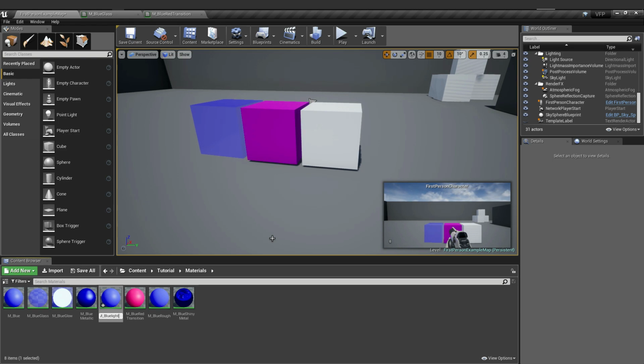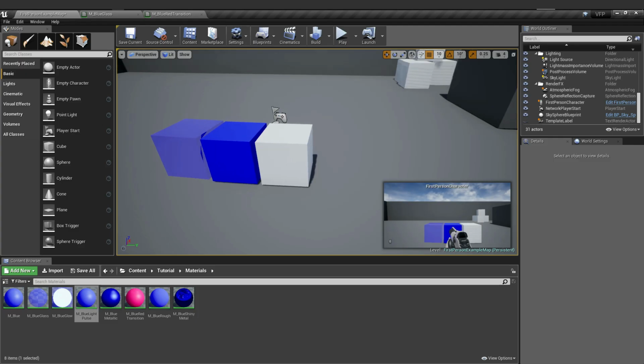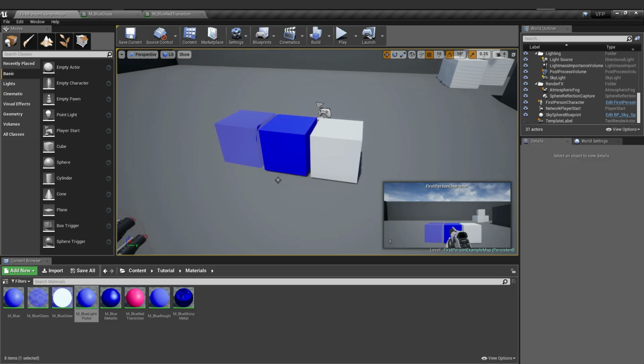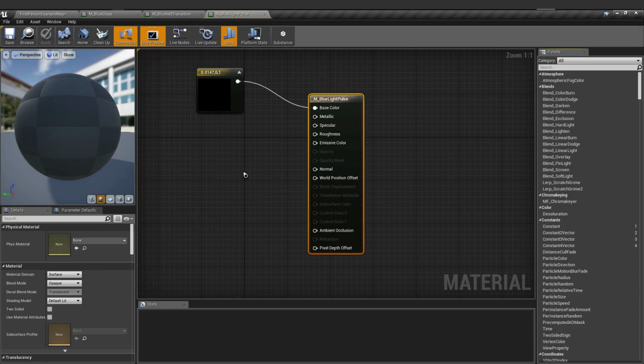I hope this is the right term. Let's create a blue light pulse. Or what's the best term? Okay, pulsing blue light or flickering blue light. So let's create that kind of material.